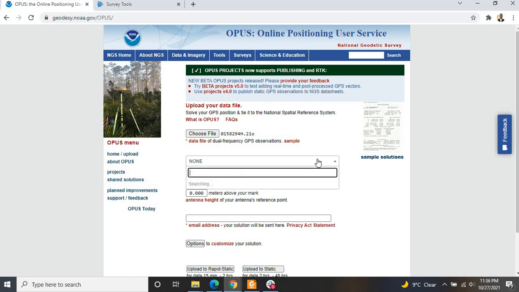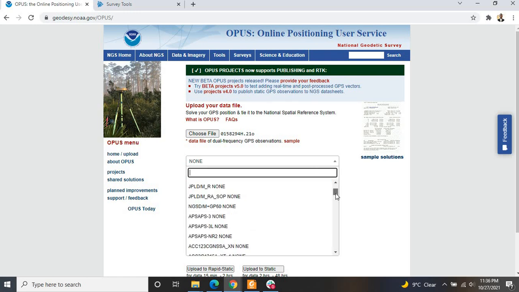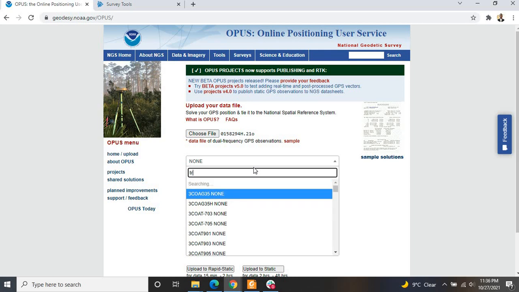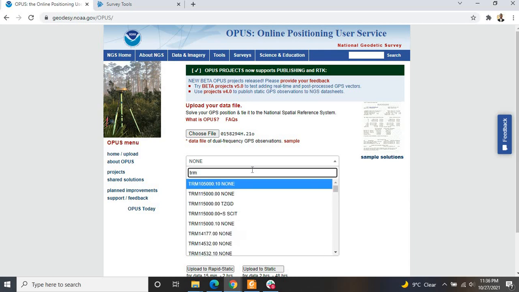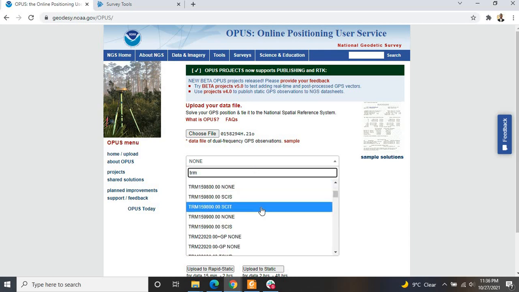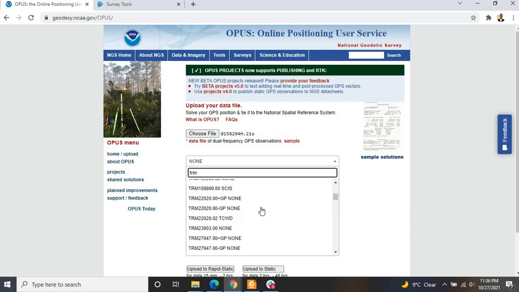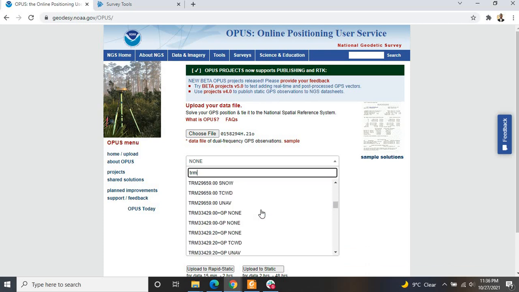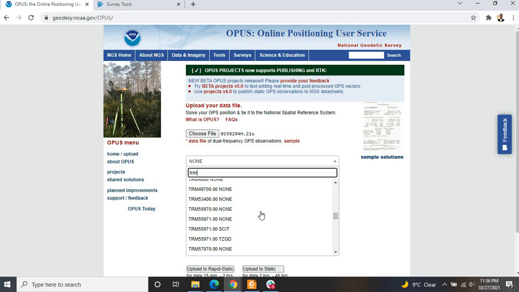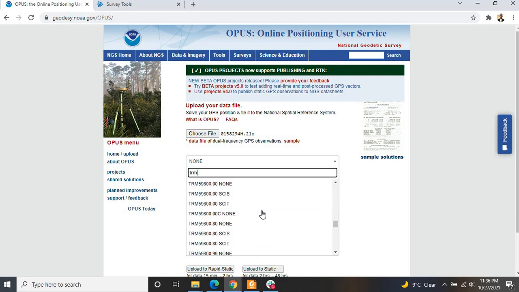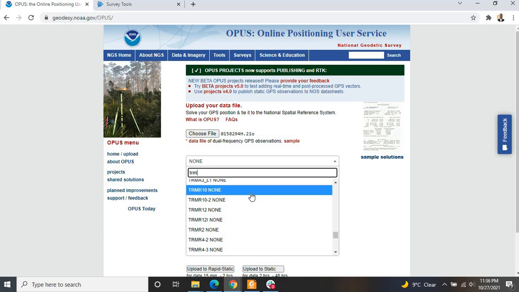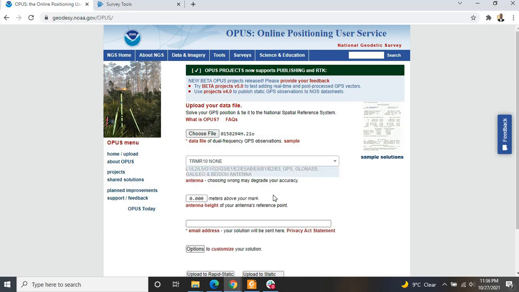In the antenna, you choose Trimble, you type TRM, Trimble R10, none. Yeah, so you pick this.